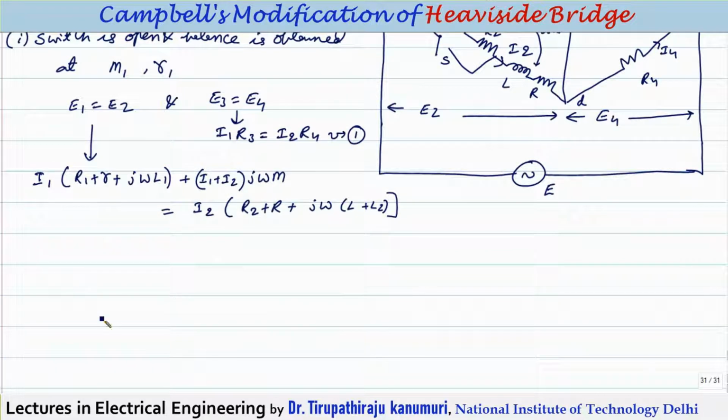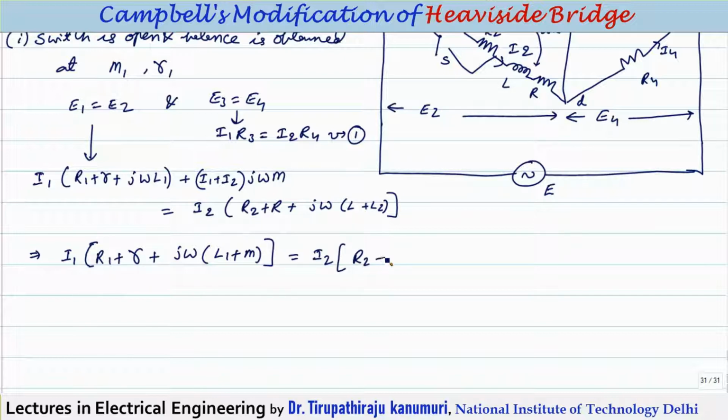So let us try to simplify. I want to separate the I1 terms and I2 terms separately. So the I1 terms I am taking as R1 plus small r plus j omega into, because j omega M into I1 I can take here, so this will become L1 plus M. And the second one I am taking to the second side, so this will be equal to I2 into R2 plus R plus j omega into L plus L2. Because M coming to the second side becomes minus,